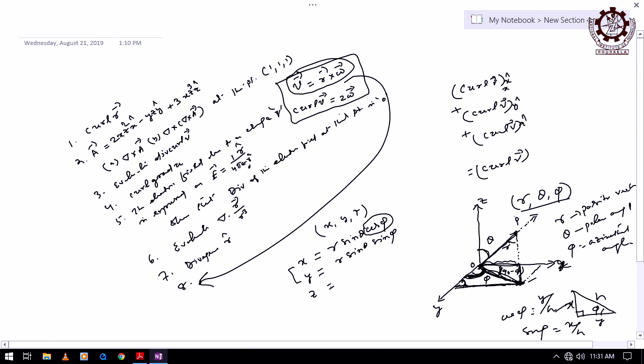Projection point is here with respect to P. Which length will be multiplied so that you will get the value of x? This is x, y, z and also r, theta, phi. Both are there. But we are now relating x to r, theta, phi, y to r, theta, phi, z also to r, theta, phi. All three. Which is correct? You are correct or I am correct? Okay, let us do it yourself and tell me, but for the time being, I am accepting it is cos, the other one is sin. If you get anything wrong, then tell me and we will do that.